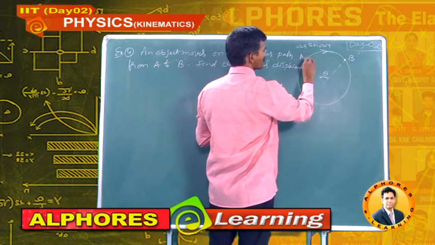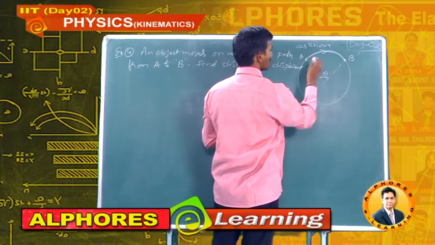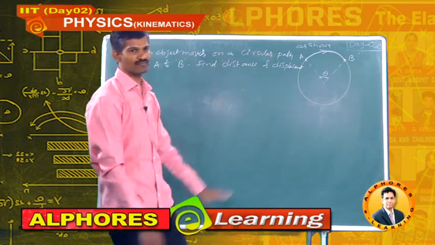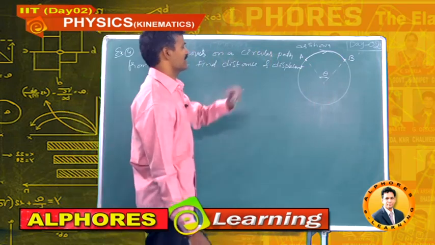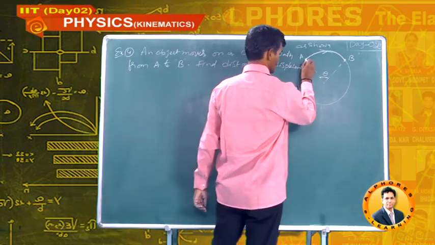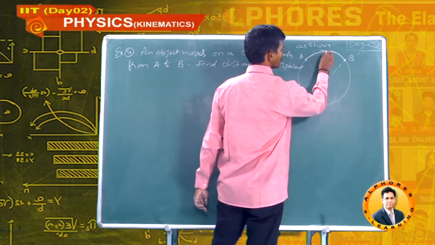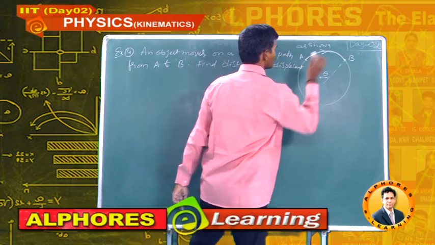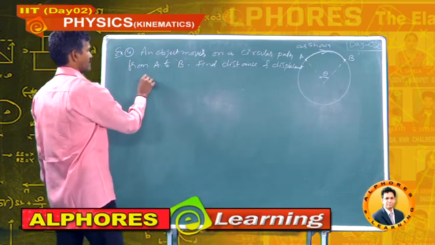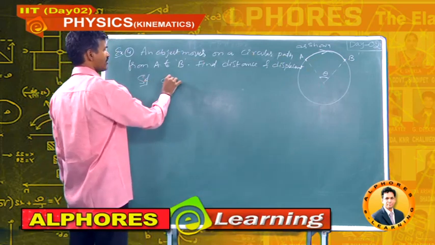So some particle moves from here to here, we have to find distance and displacement of that particular particle. What is the distance? Distance travelled by the particle is